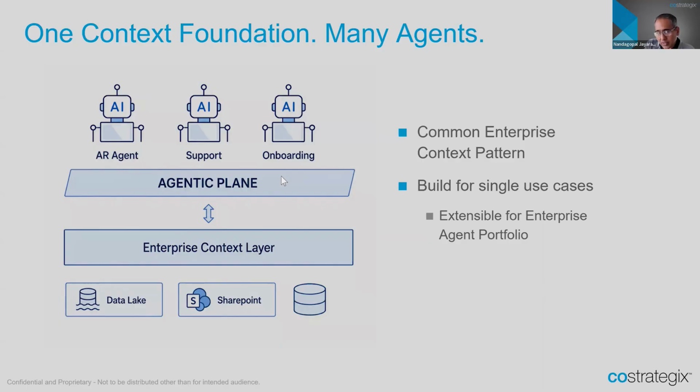But whereas if you can show the value to the agent, and as you back into the enterprise context layer, that just becomes a sweet spot for how you can evolve the maturity of your own context layers within the enterprise.